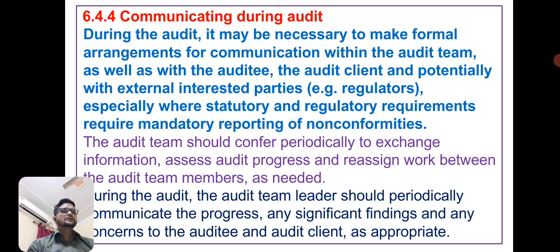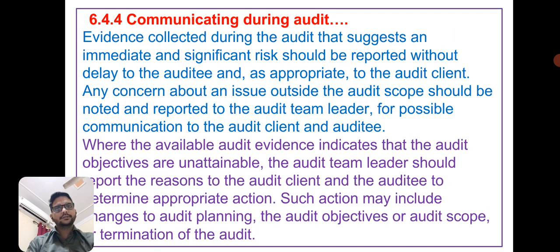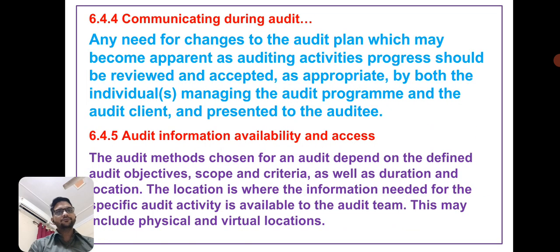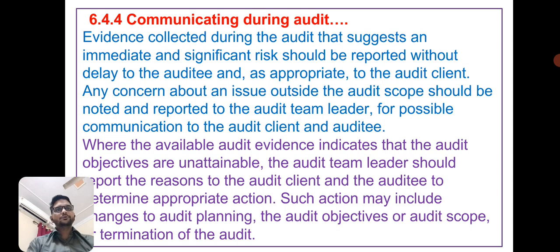The audit team should confer periodically to exchange information, assess the audit progress, and reassign work between the audit team members as needed. During the audit, the audit team leader should periodically communicate the progress, any significant findings, or any concerns to the auditee and audit client as appropriate. Next is evidence collected during the audit that suggests an immediate and significant risk, which should be reported without delay to the auditee and, as appropriate, to the audit client also. Any concern about an issue outside the audit scope should be noted and reported to the audit team leader, for possible communication to the audit